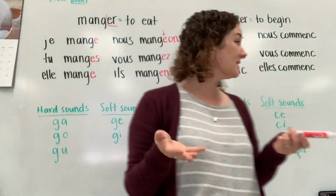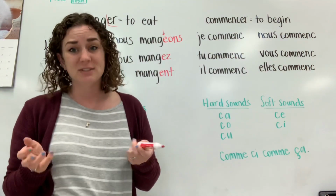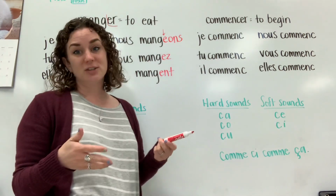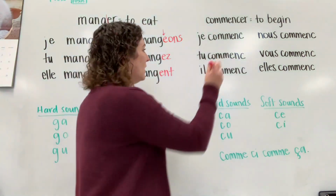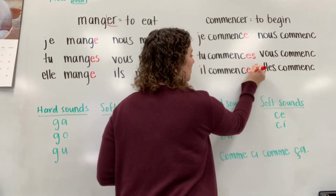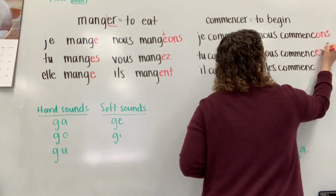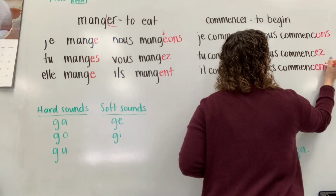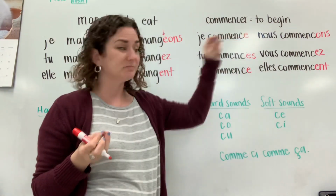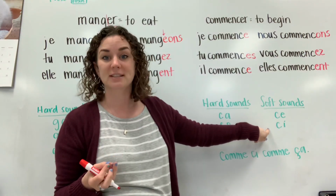Much better. The same sort of thing is going to happen with CER verbs. An example of a CER verb is commencer. Commencer, to begin. If I start conjugating this like normal, je commence, tu commences, il commence, nous commençons, vous commencez, il commence. Except my issue is over here again in the new form, because CE and CI, those are soft C sounds,